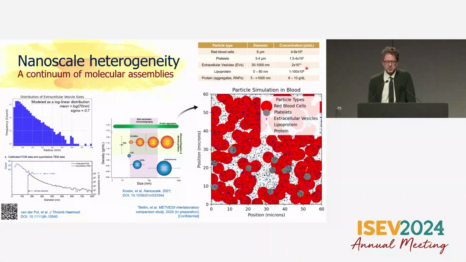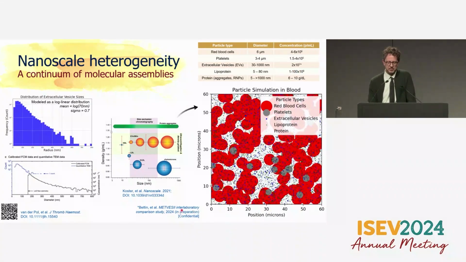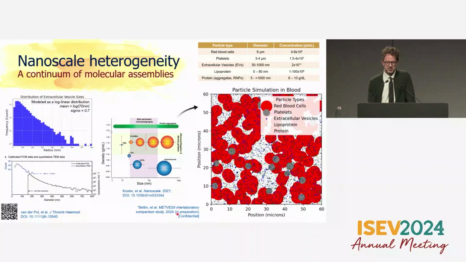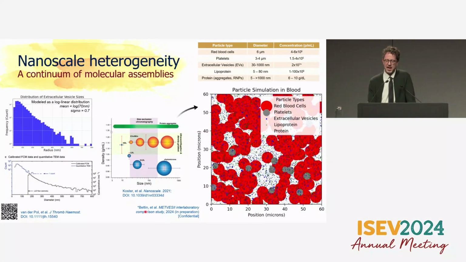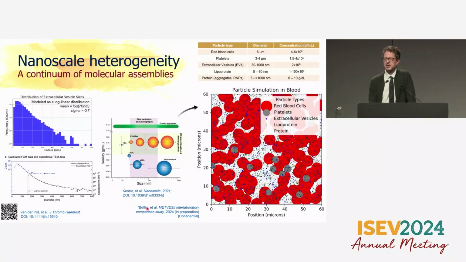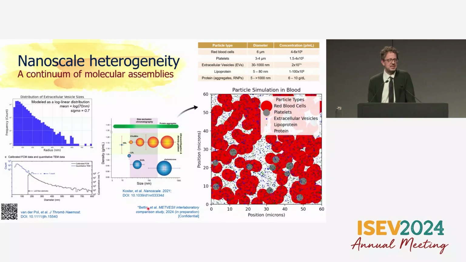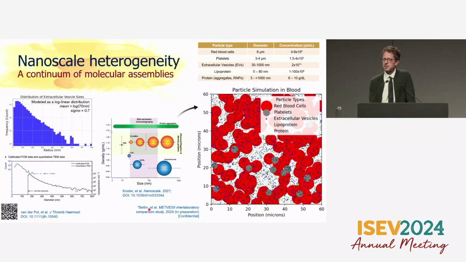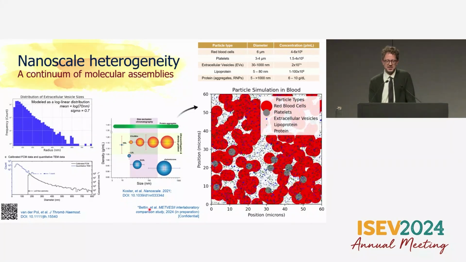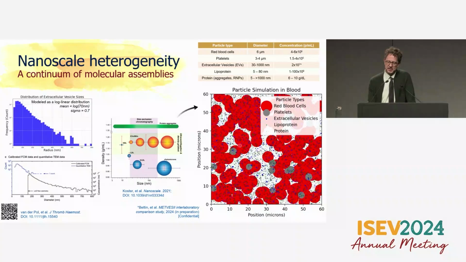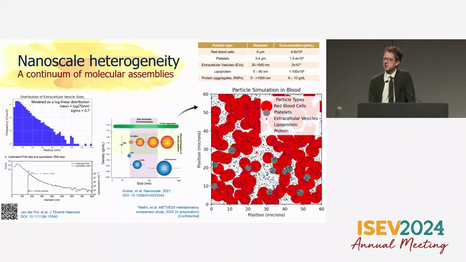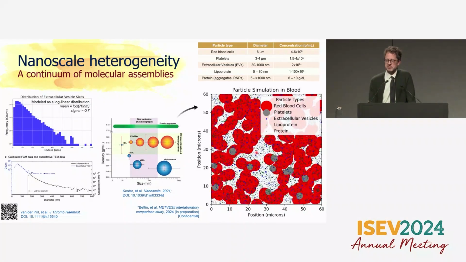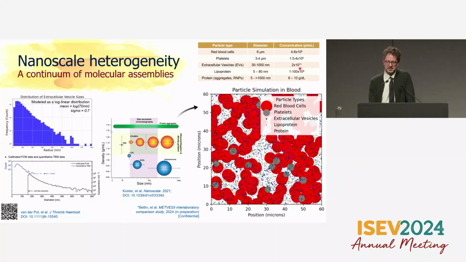These numbers of EVs were actually taken from a new study that I have the pleasure to be a part of from Britta Betten and Edwin van der Pol and Rink's group, and they sent out many samples to a bunch of different labs and concurrently analyzed them by flow cytometry. And one of the pieces of data they were able to take out of this was actually to calculate the average concentration of EVs in a healthy individual's blood. So that's where this number 2 × 10⁷ comes in.